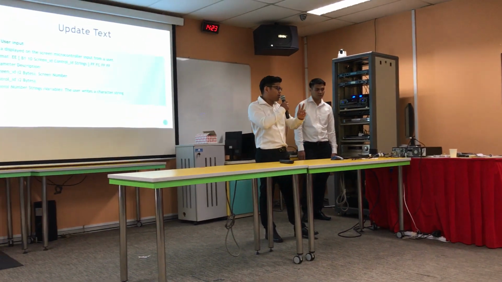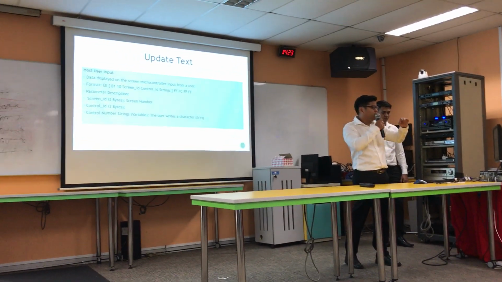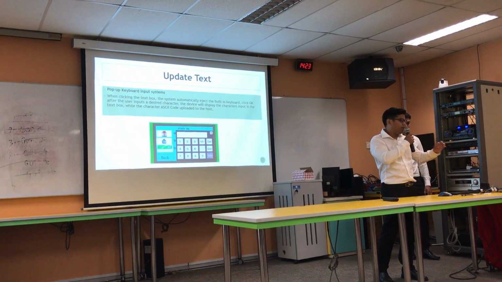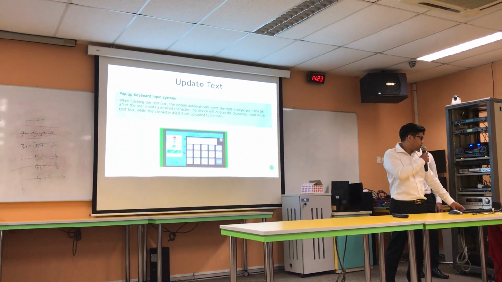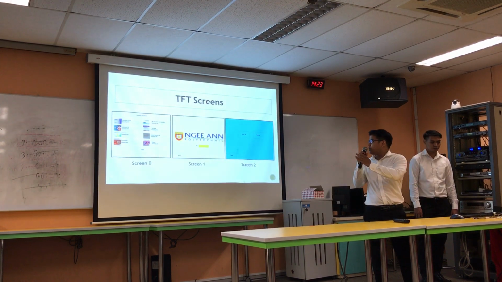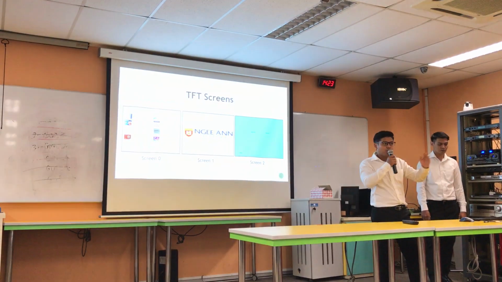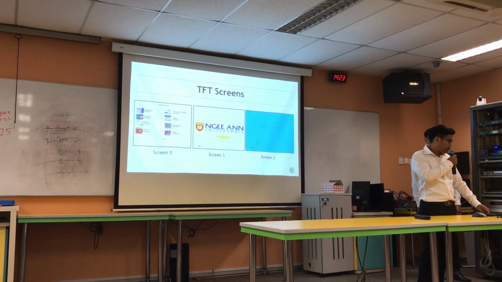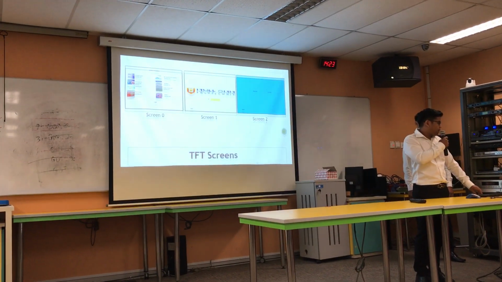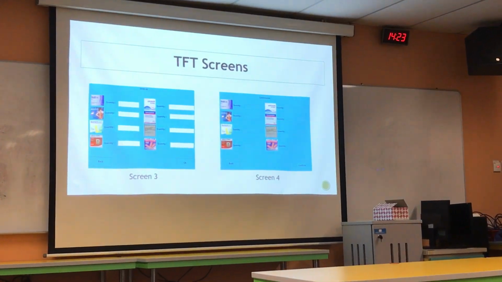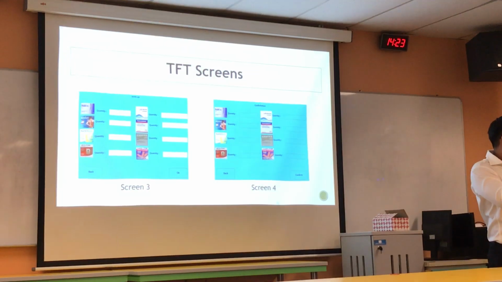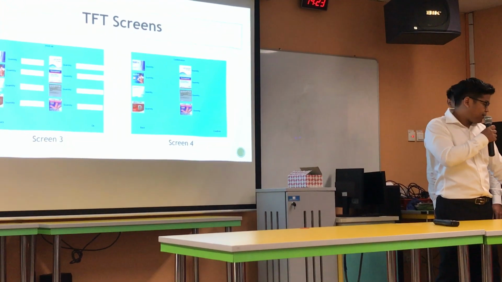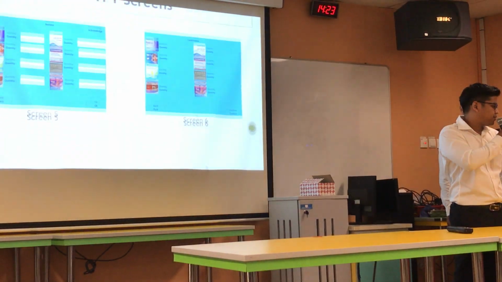For update text, there are two types. One is host user input, whereby you send a command to display in the text box, and the other one is where you key in through the keypad. So these are the TFT screens for the project. Screen 0 will show the total quantity of the items inside the cabinet, followed by screen 1 your ID, and screen 2 stock up or retrieve. For stock up, after every stock up, you need to confirm the number that you have keyed in. So any quantity that you have keyed in on the stock up page will appear on the confirmation page. Same goes for the retrieve.